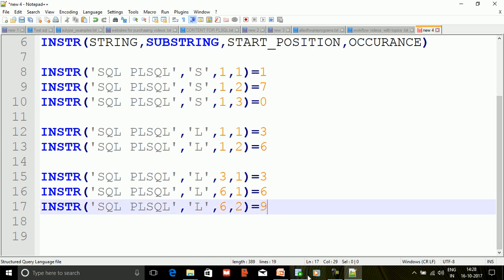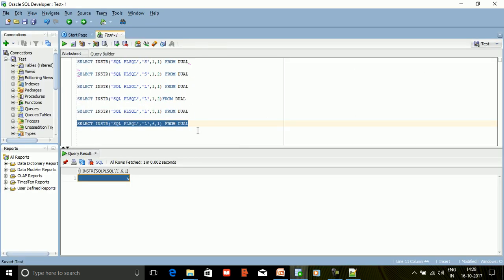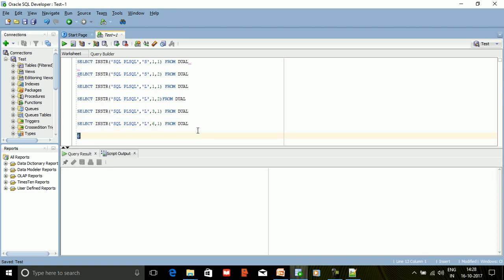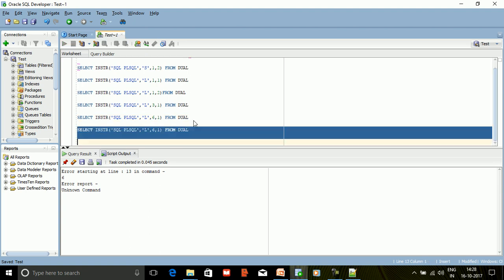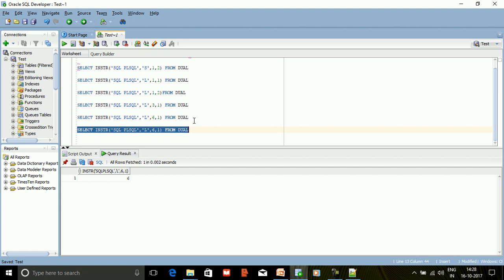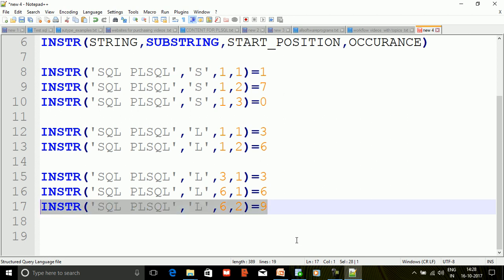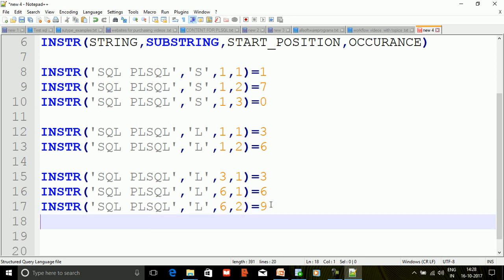Let us check this one also. 6 comma 2. 6 comma 2, you need to specify right here. 9, right? But if you give the same INSTR with occurrence 3, let us see, this is